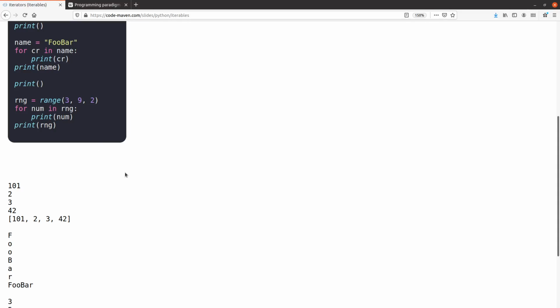It doesn't matter for now for what. And I even wrote it in a separate way. Usually you will probably write it as for num in, and you have the range function right in the in statement. But I wanted to point out that here this